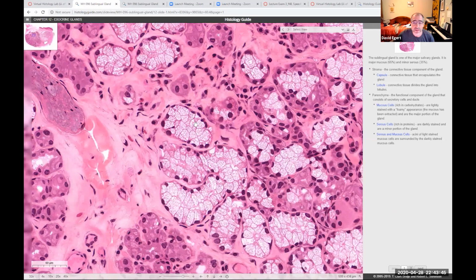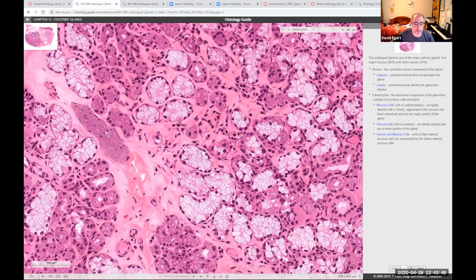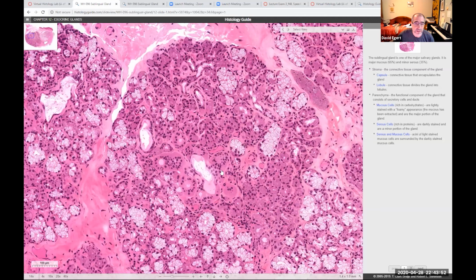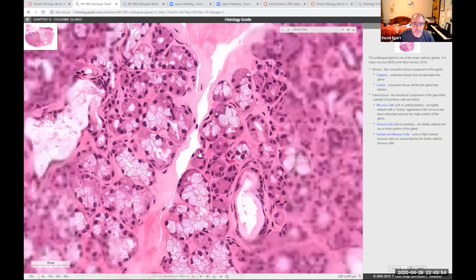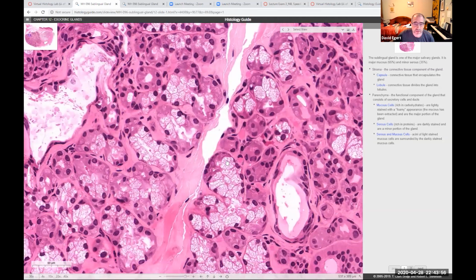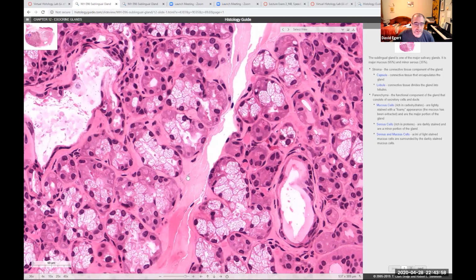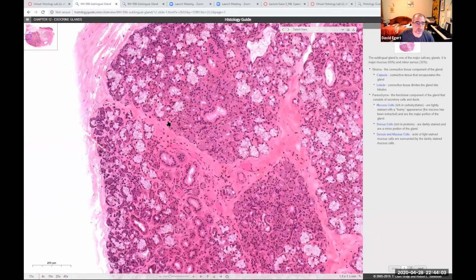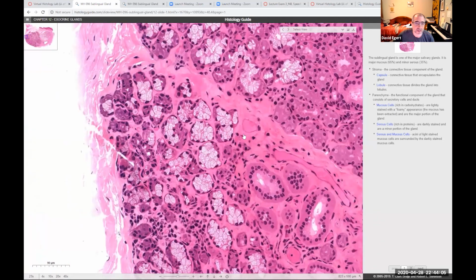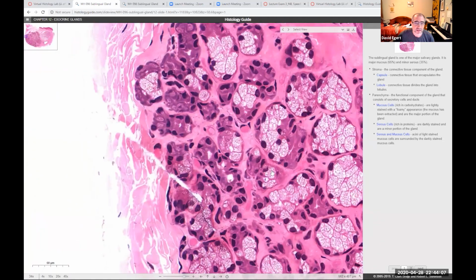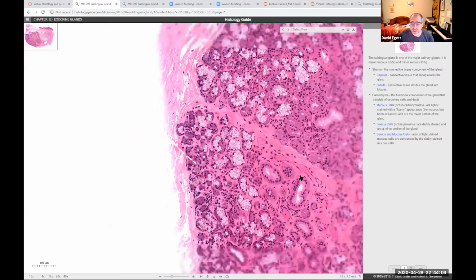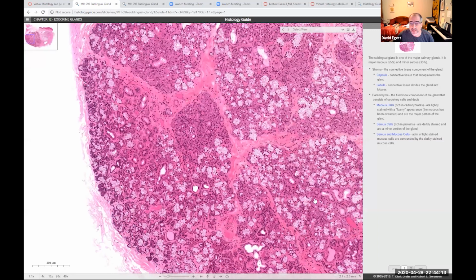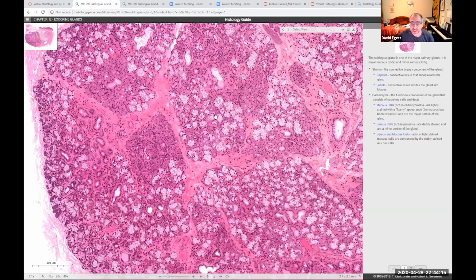In fact, can I even find a demilune? Let me take a look. Yeah, okay. There's a little serous demilune sitting on top there. Oh, there's some more over here. But as you can see, the preponderance of the cells in here are making mucus,